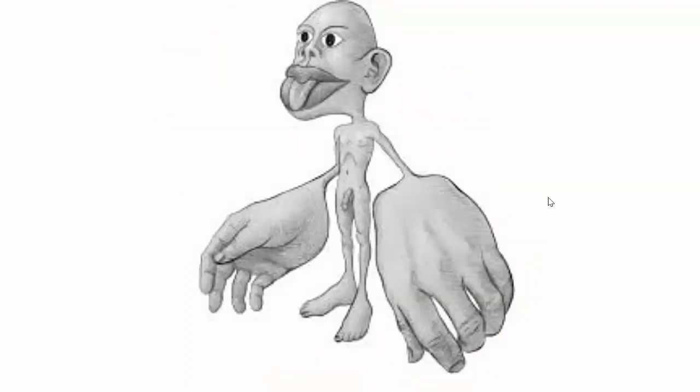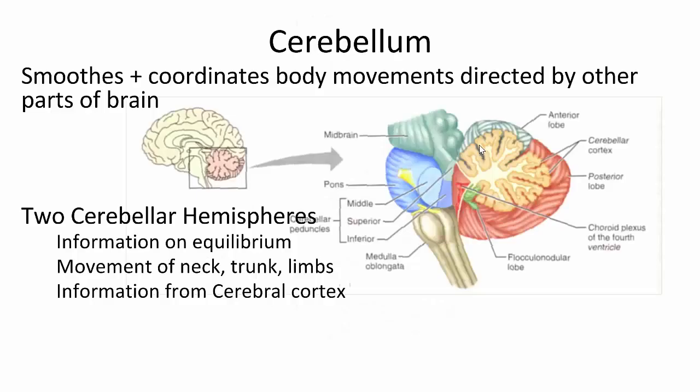And if you look at what the size of the body would be if the same proportion of the brain were equal to the proportion or body size of your body parts, your hands would be huge, right? Your mouth and tongue would be huge. What this tells you is that the control of the areas of the body that are drawn large here is very precise, and the sensation is very precise as well. The cerebellum is the part of the brain that's really smoothing out and coordinating the movement